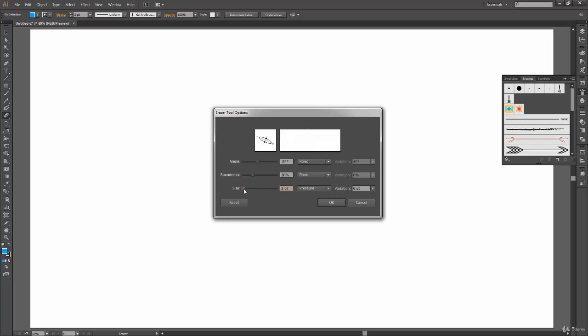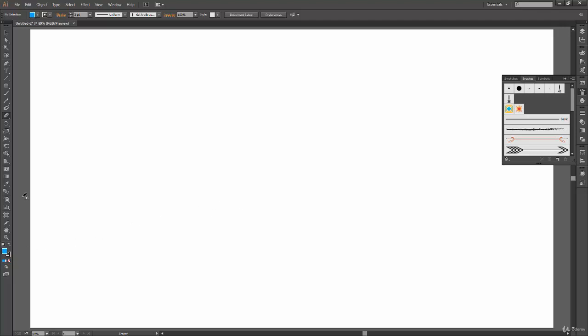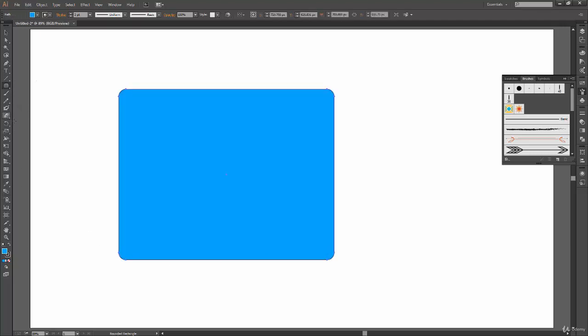How this size will work, for that let me just cancel this one first, and we need to have a shape first, so that the eraser tool will work. Okay. To change the general size of the eraser, you can just use the left bracket key or right bracket key. When using the left bracket key, you can decrease the size of your eraser, and when you are using the right bracket key, then you can increase the size of your eraser.